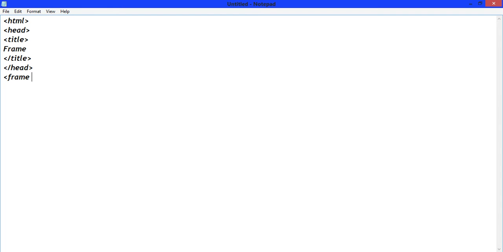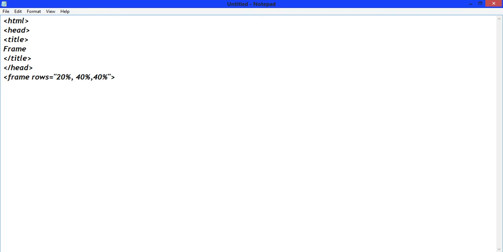Here we will create 3 horizontal frames. So right here, rows equals to 20%, 40%, 40%. These are the sizes of the 3 frames.